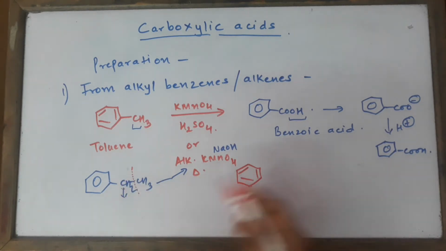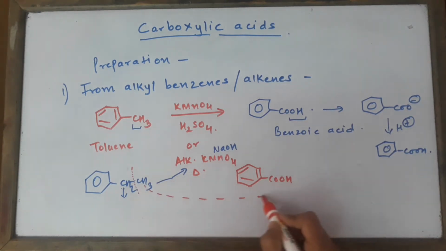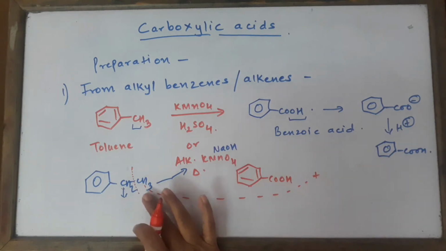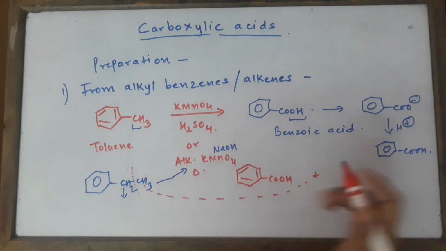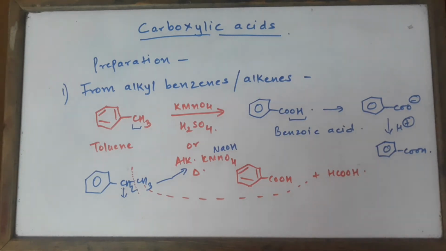So what you get over here is nothing but COOH, and the remaining fragment whichever was there, it's also going to get converted to the acid. Now this was a one carbon containing group, so naturally one carbon containing carboxylic acid is going to be methanoic acid. So that was a very simple concept.